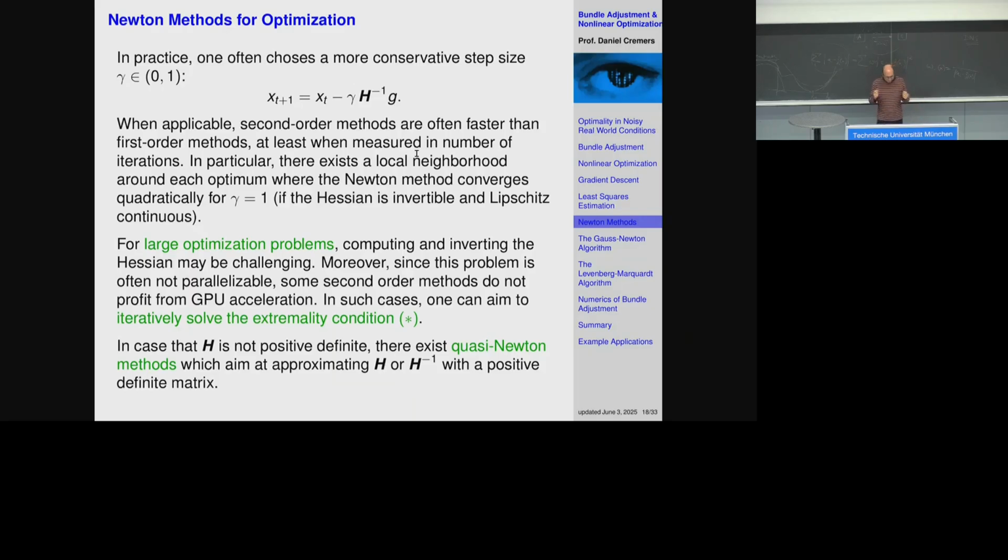And partly due to this discrepancy, there are two communities in this optimization world. The first order people and the second order people. And the second order people will always say, we are faster when measured in iteration numbers. And the first order people will then respond, yeah, but in terms of actual clock time, you're not, right? And then even more so,